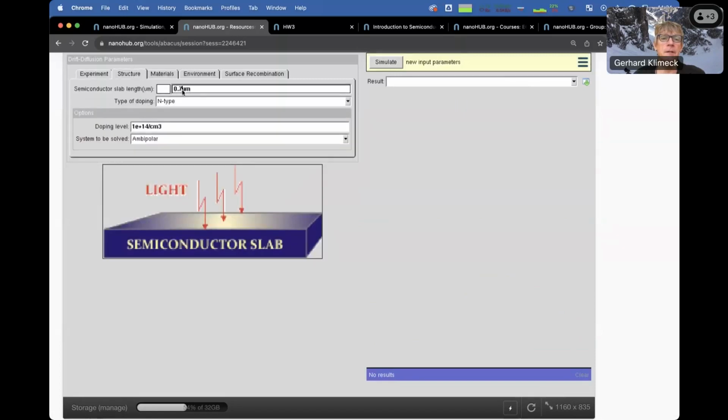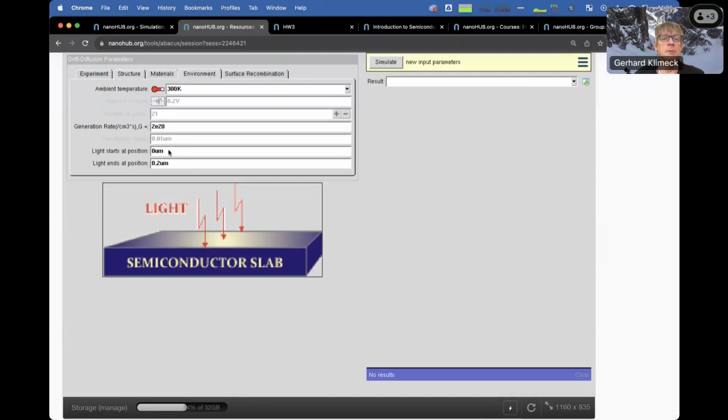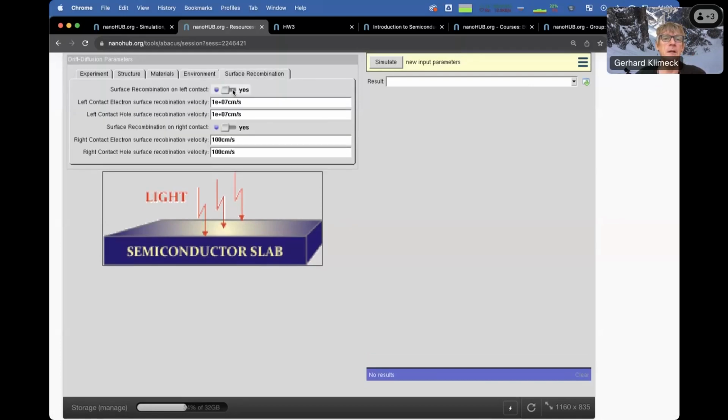I'll do it in, say, a 1 micron device, and we'll look at, let's just do intrinsic for now. And I'm going to set the environment up quite differently. So I have a micron long device, and I want to illuminate it, say, from 0.4 micron to 0.6 micron. So I have a central segment that I shine light on, and I want to see what happens to the device. The illumination is not very strong. Surface recombination I will allow. I'm going to set this to be,